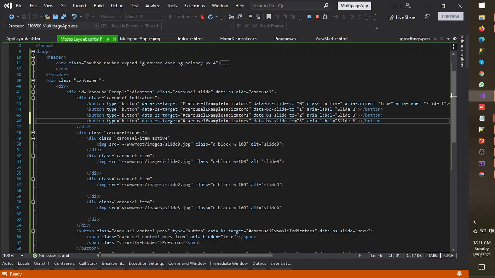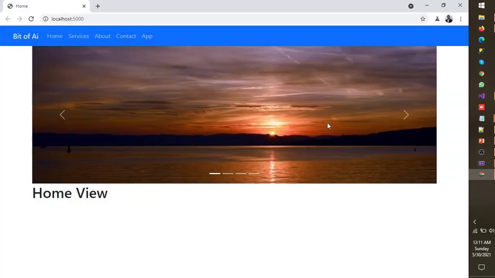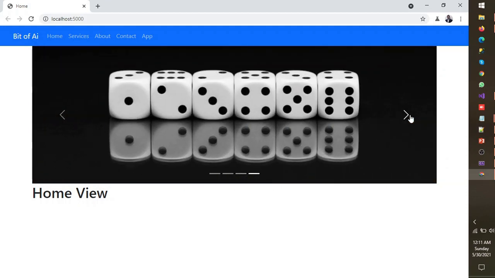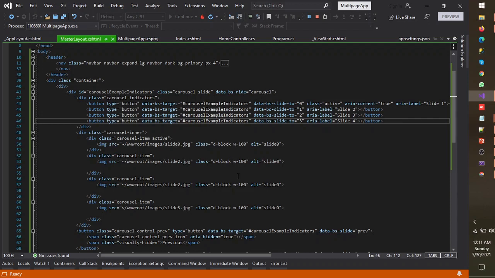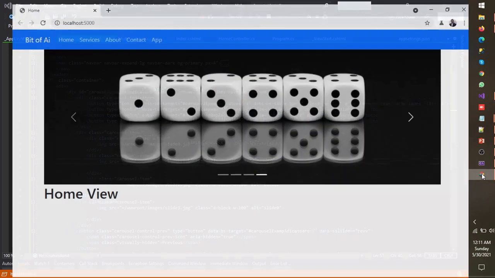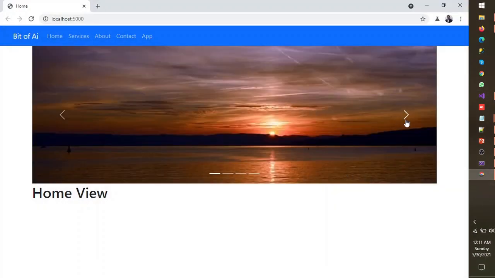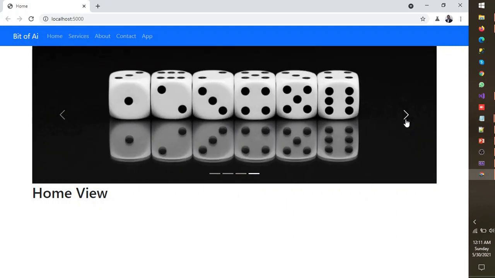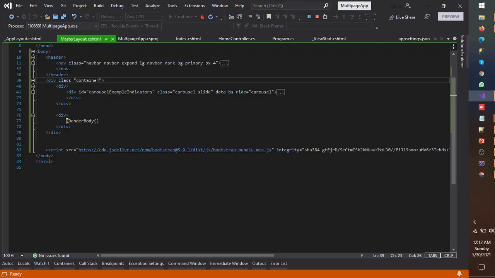Let's see if we can see all of them. Okay, there is a duplicate of slide 0. Here should be 1. So our slider is working, but